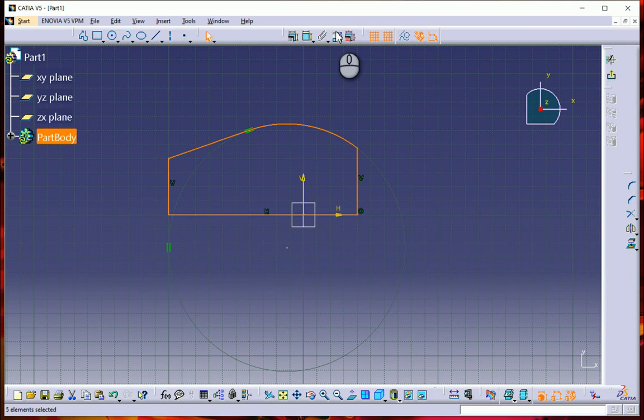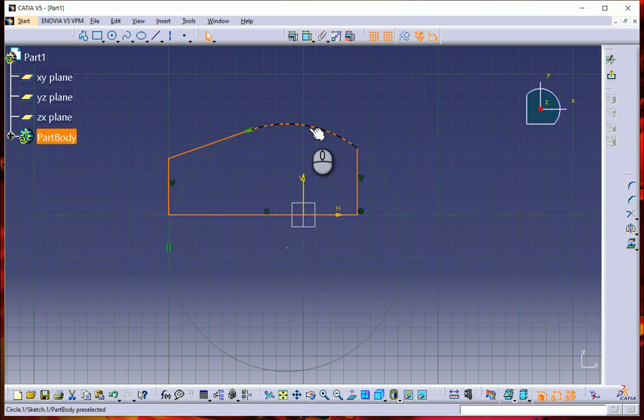For example, I've created this profile. If I have to create a model of this profile, what I've done is I've created lines. So a line is a feature. I've created an arc. An arc is a feature, right? So I've used arcs and lines over here, and that has created my sketch.